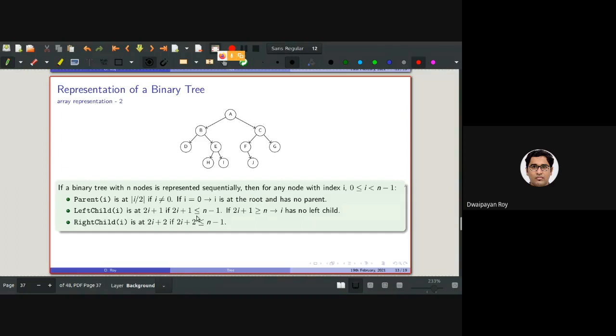Correspondingly, the right child will be stored in the 2i plus 2th position. So again 0, 1, 2, 3, 4, say I call it 5, then 6, 7, 8, 9, 10 and 12. You can see the right child of this node is at the 2i plus 2th position. So it is 2 into 5 plus 2, which is 12.